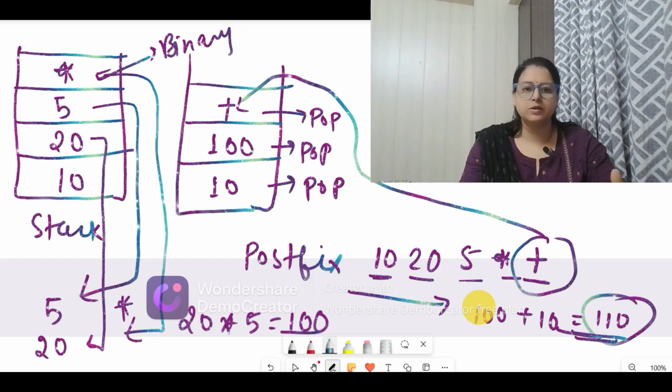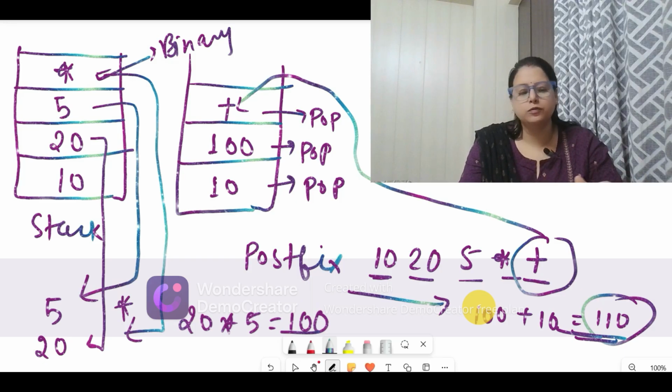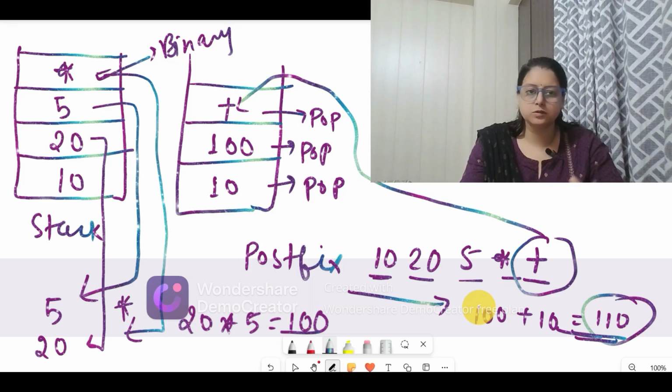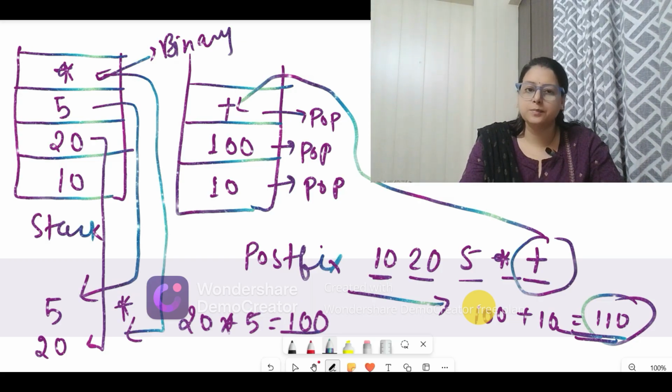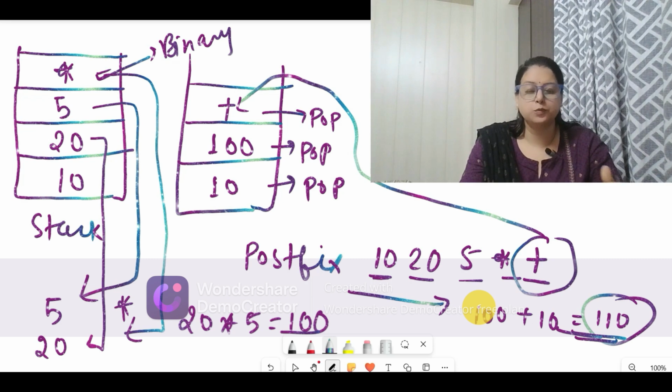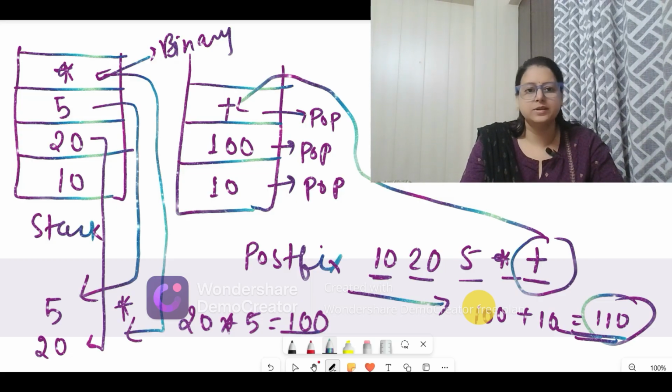So this is how the compiler evaluates expressions. Obviously we give it in our infix form, and the compiler breaks it according to the requirement into prefix or postfix. Mostly it differs from language to language which type the compiler will go for. There are two options the compiler or the system can choose, or on the basis of language it will be categorized as postfix or prefix. So this is how postfix and prefix are useful for the system, and obviously both will be implemented using the stack. That is why the concept of postfix, prefix, infix is included in our stack chapter.